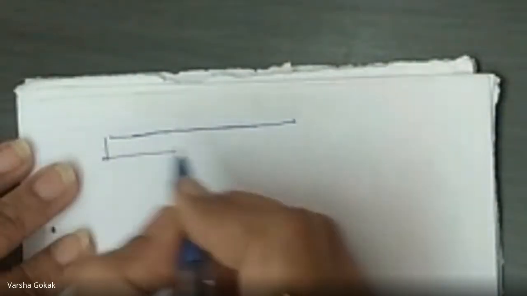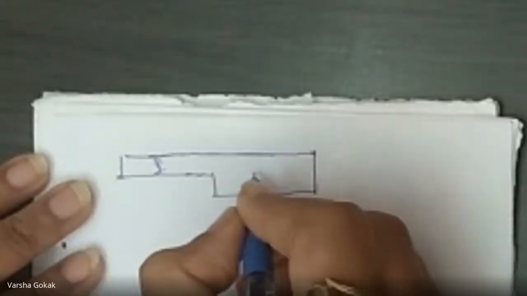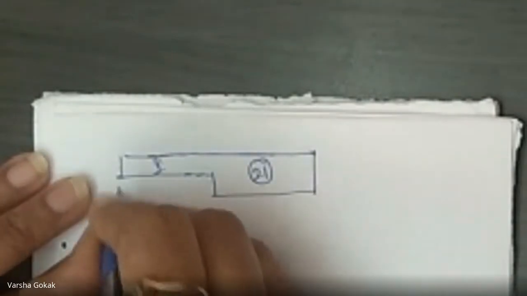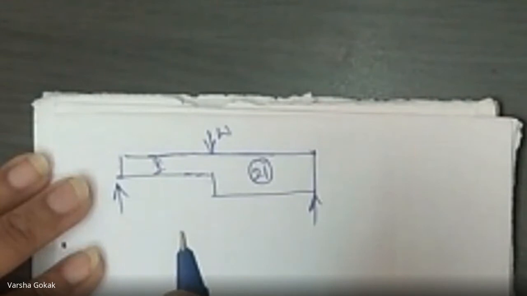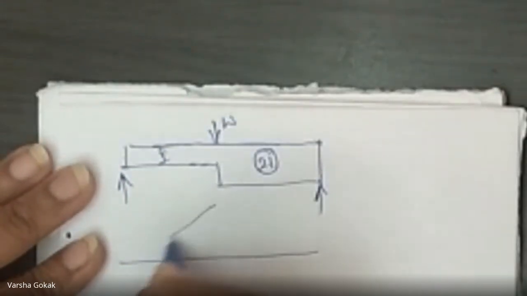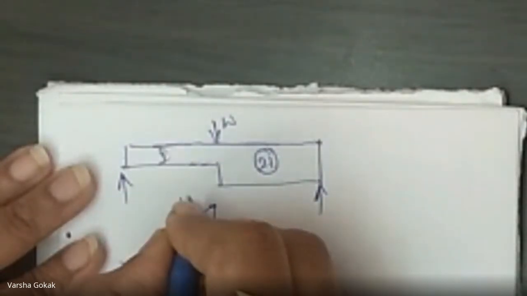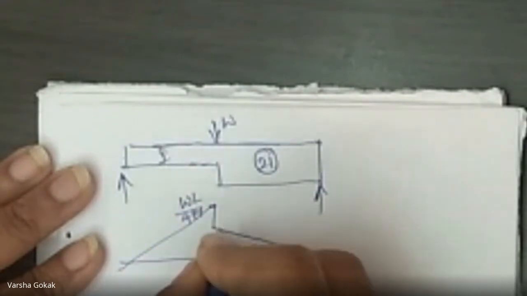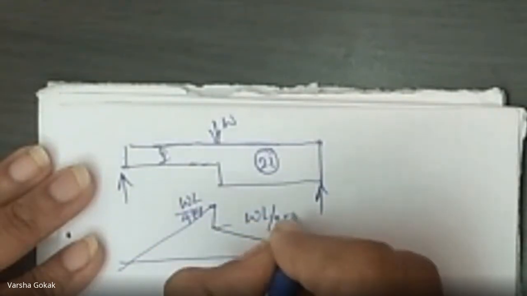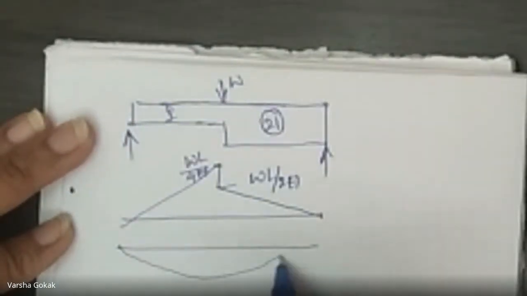So consider a beam, same beam, simply supported beam. It was like this, right? So the moment of inertia changed over here. This was I, this was 2I, okay? And this is your central point load. And then the bending moment diagram, like this, it reduces because here it is 2I. This was WL by 4EI, and here it was WL by 2EI, right? Then the elastic curve you will draw like this, right?